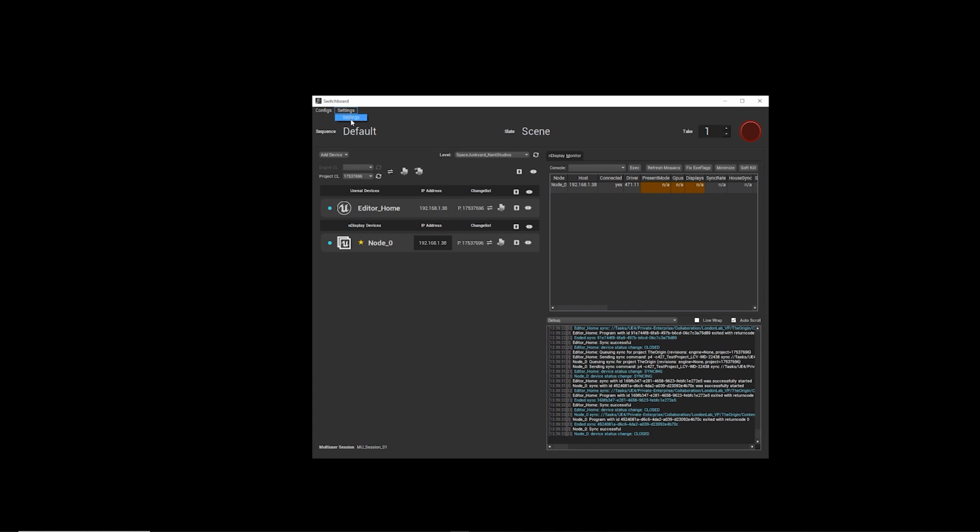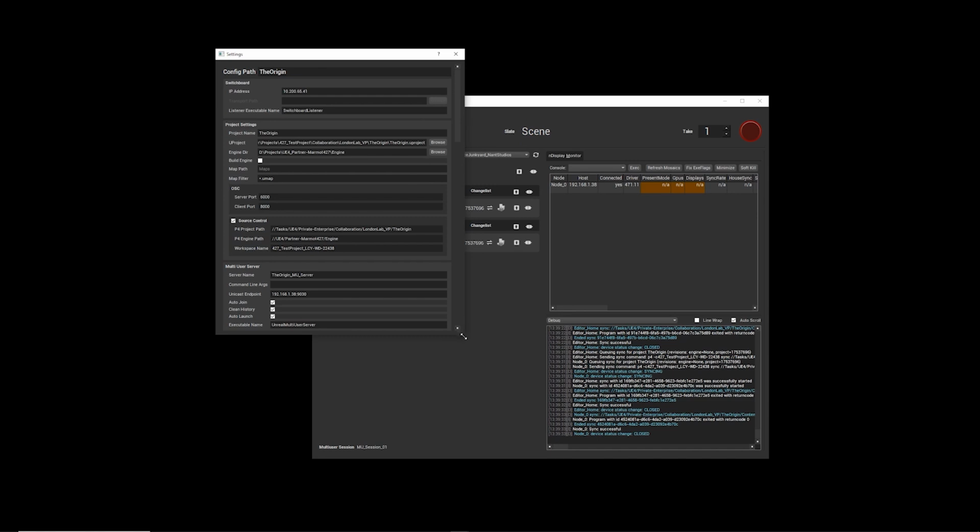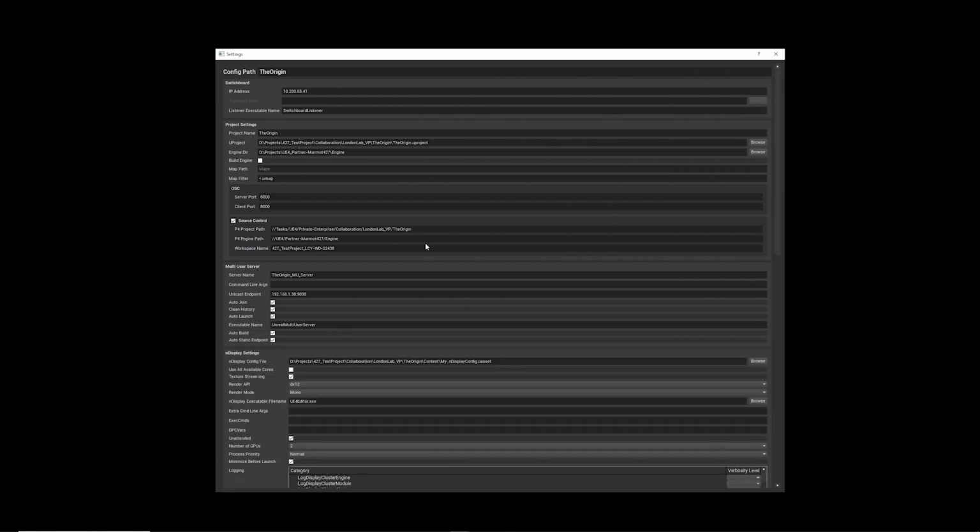Next, let's take a look at the settings. In the settings window, there's a bunch of useful stuff. For the most part, I'd imagine you're only going to come in here once or twice to change a few things, but really initially to get things set up. We'll just go through some of the core things here. Of course, here's the name of our config. Everything else has been auto-filled for us, including all of our source control settings, as we showed you earlier.